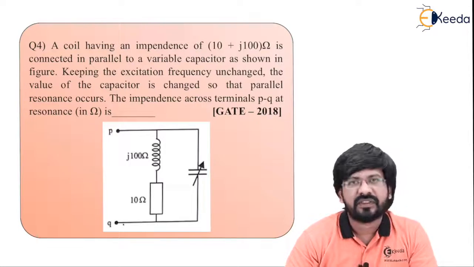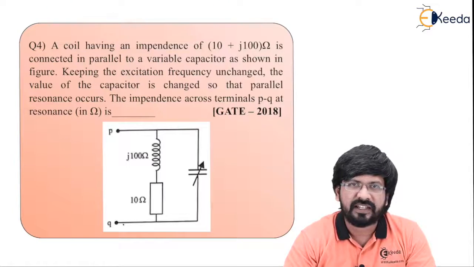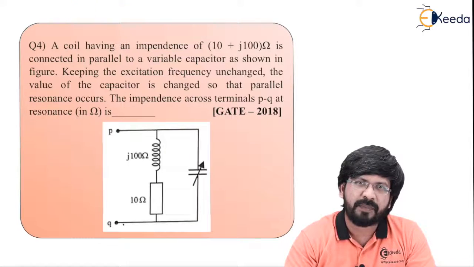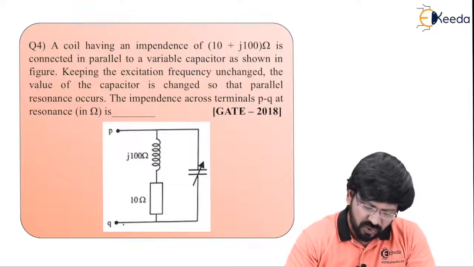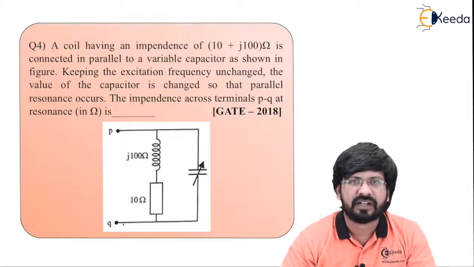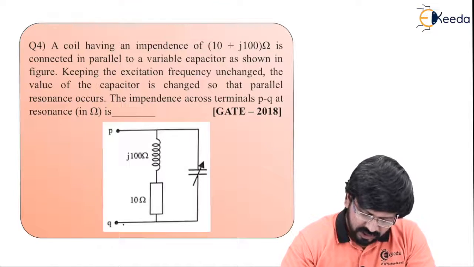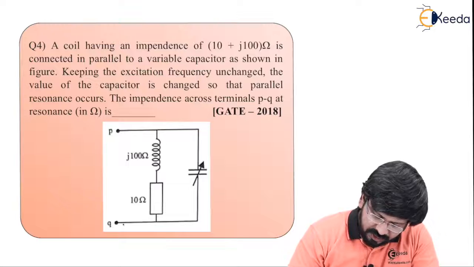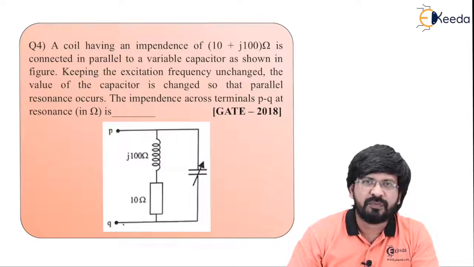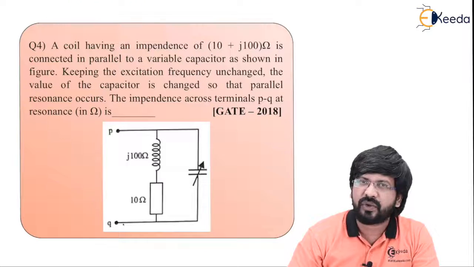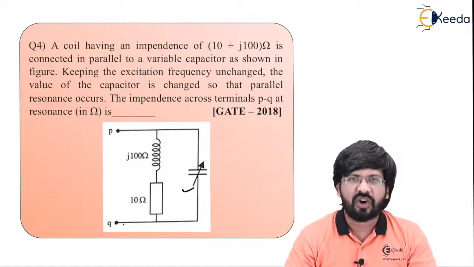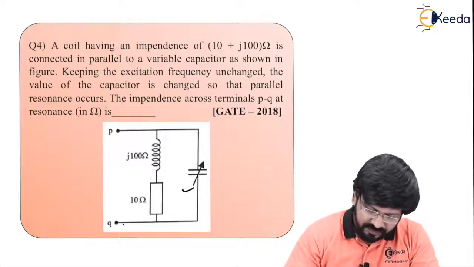See, in this case, they have already given a direct clue that the sum is related with parallel resonance. So you know the fact that whether it is series resonance or parallel resonance, the Z equivalent, which is always shown between point P or Q or whatever, point A or point B, it is always real, and the imaginary part always becomes 0. So let's solve this problem. Here the value of capacitor is not given. I am sure you must have understood the problem. The input frequency is not going to change, it is going to remain same. Only this capacitor, as you can see, is varied in order to obtain the resonance.